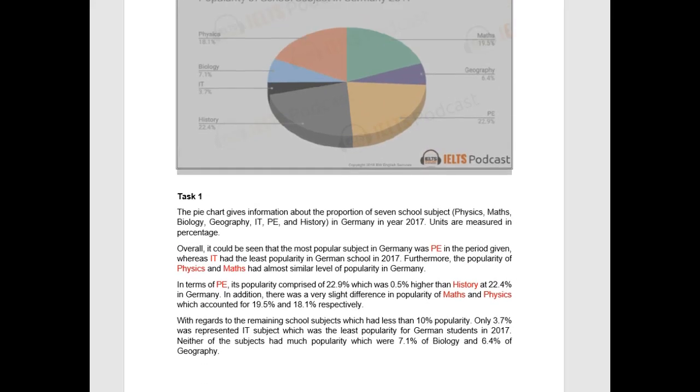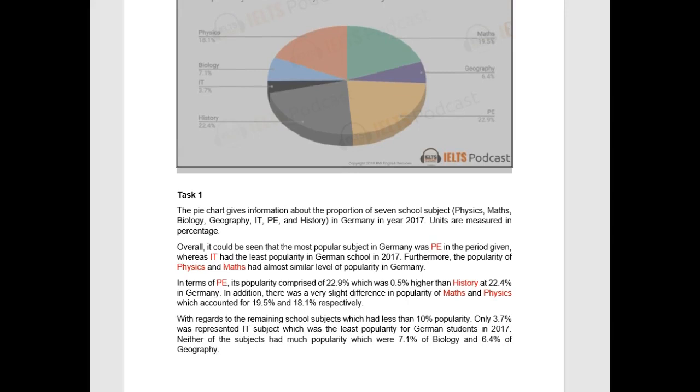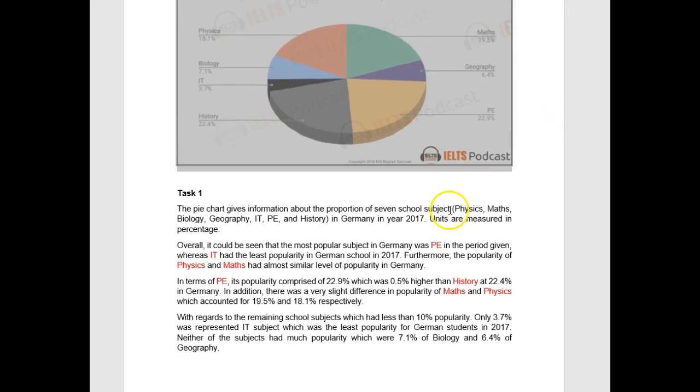Here's what you wrote. The pie chart gives information about the proportion of 7 school subjects in Germany in the year 2017. Units are measured in percentage. Okay, fine. Overall, it can be seen that